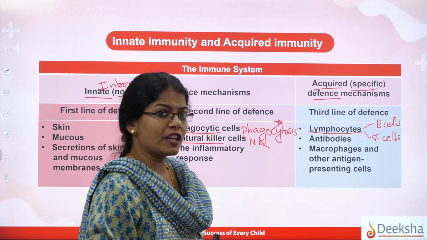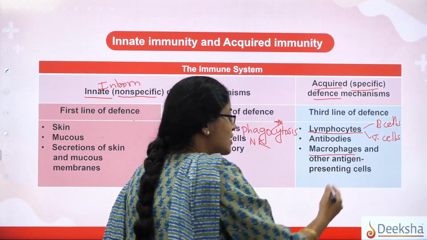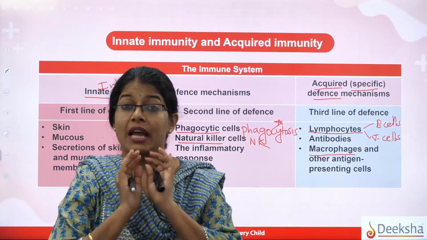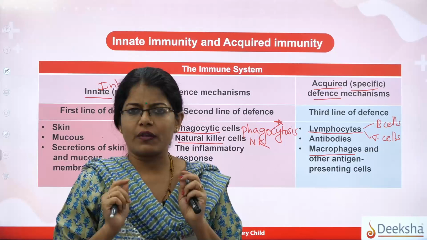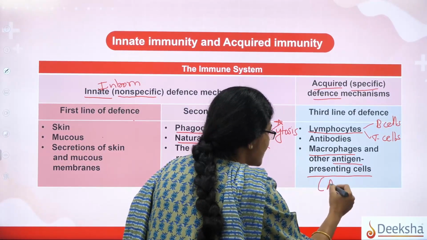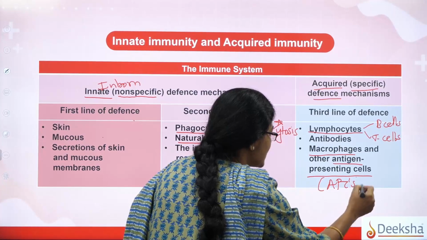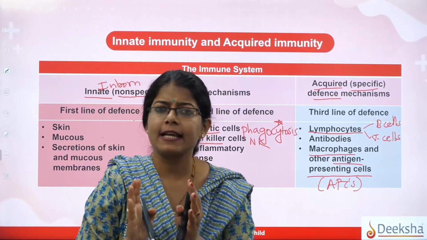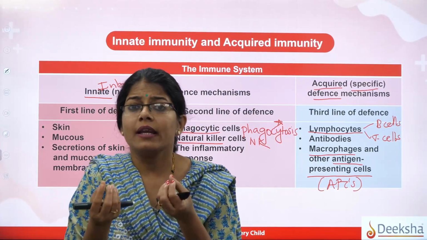And then macrophages. Similarly, macrophages here will also play a role in trying to eat up the pathogen and presenting it on the surface. That's why they are also called antigen presenting cells. Antigen presenting cells are cells like the macrophages and other groups of cells which will eat up the